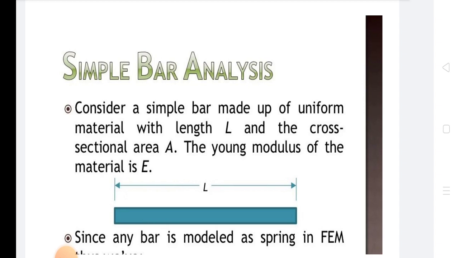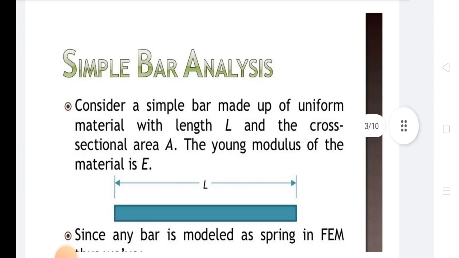Polynomial functions are best suited for the displacement model since the mathematical calculations are simple. A polynomial function of nth order will give an exact solution, but for all practical purposes the function is truncated to a finite order so as to simplify the calculations involved. Hence the solution obtained is approximate. That is, u is equal to a0 plus a1x plus a2x square plus a3x cube plus up to anx raised to n. After this there is the convergence criteria.